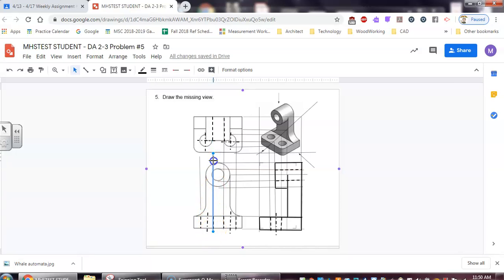But taking them off of the actual drawings, I think that'll help us really get a better understanding of what these should look like. So there's the projection line there. So,